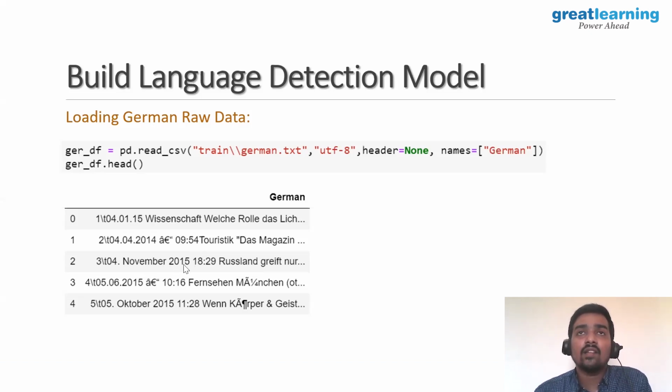So these are some of the numerical formats which really don't help us to derive if it is English or German or French, right? So numbers don't make sense. The only thing which makes sense is the words and characters in it.